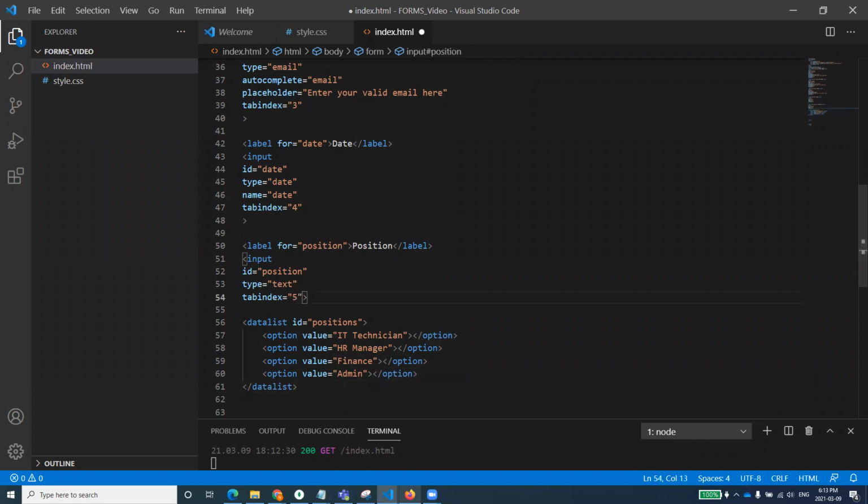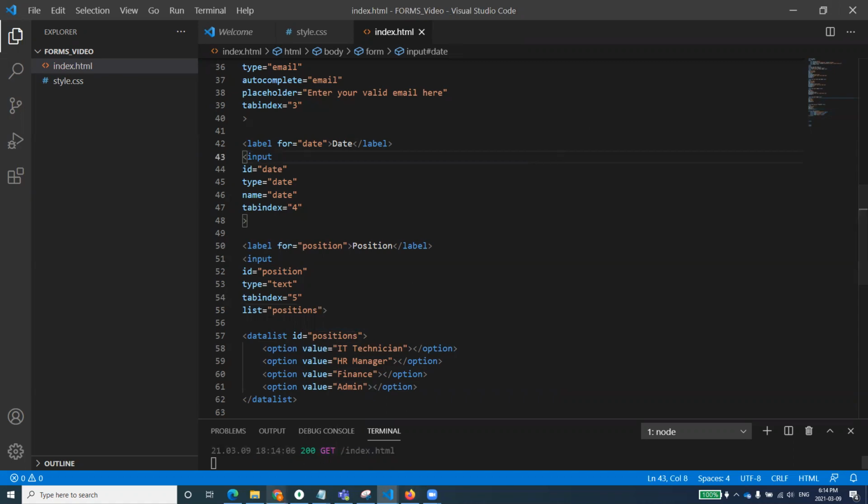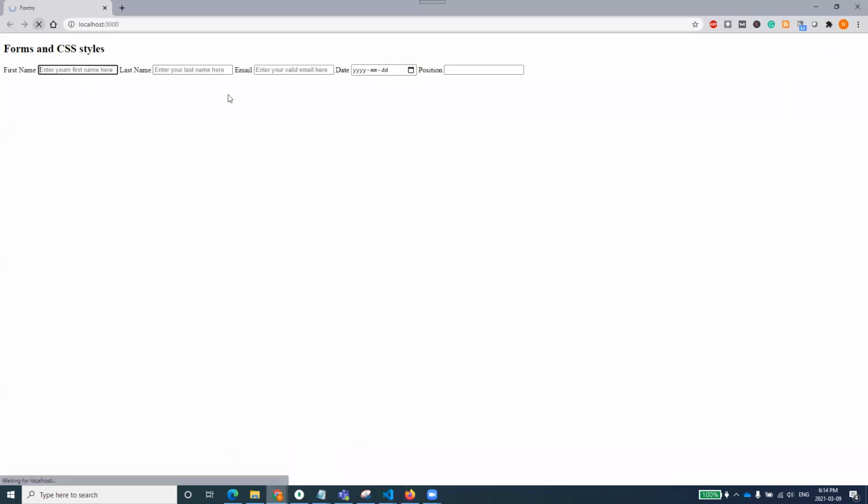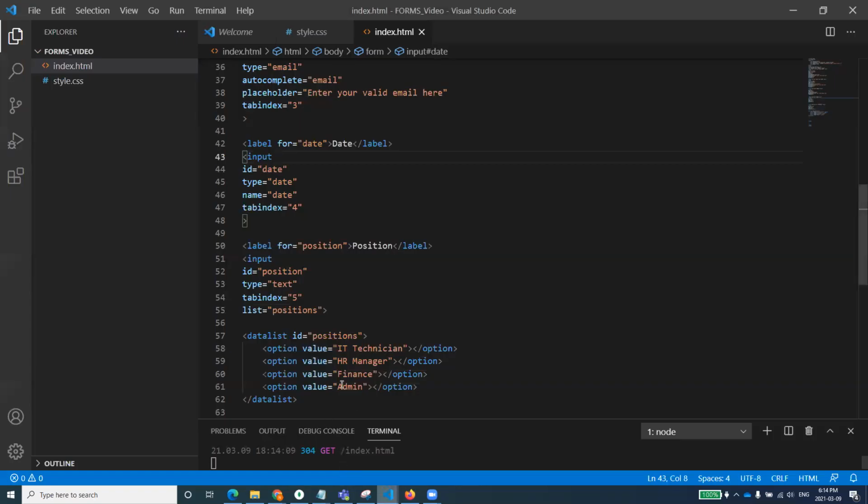Now it's very easy to connect this list. If you just press enter and come here and write down list. HTML5 is providing us this facility. Now if I write positions, what is the name of our list? It's positions. So if I give it that, save this one, and let's run this again. When I go here, you find that this is a drop down type of menu that is showing me the information. So the user cannot make a mistake now. These spellings will be coming from a list, and then I can use this list when I'm entering data. I hope you can make sense of it.